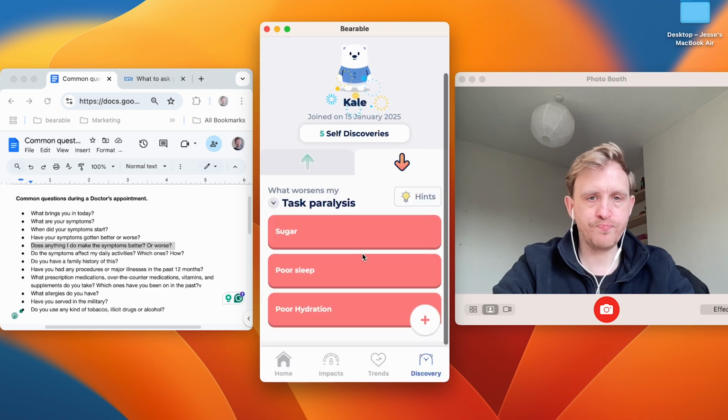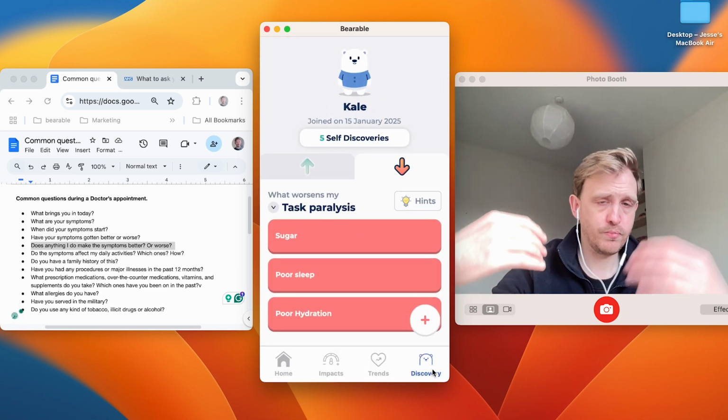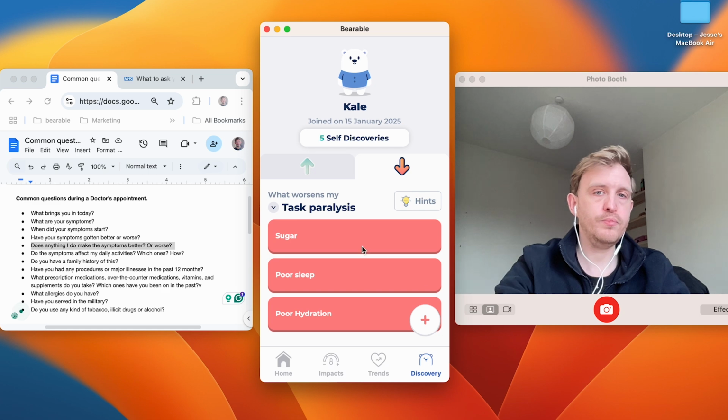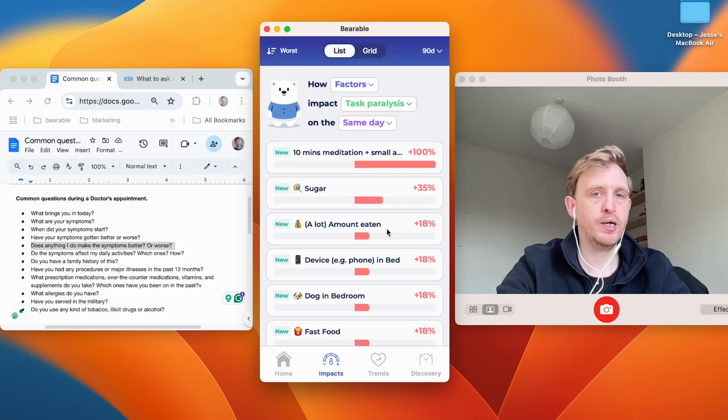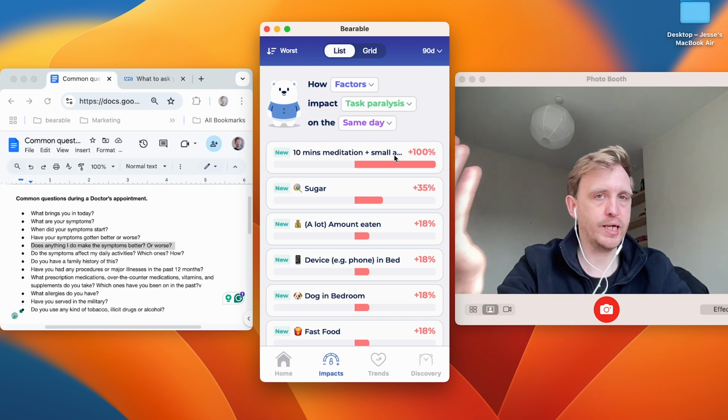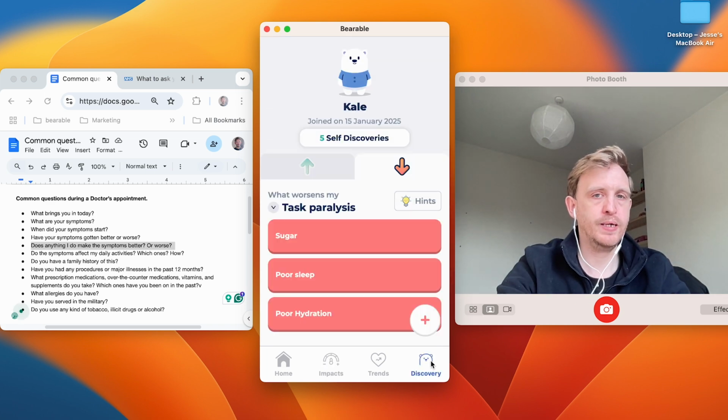And then essentially, in a doctor's appointment, you will have these saved. So you can just go to your discoveries tab and say, oh, I can see that there are these 3 things that are top of the list from my impacts tab that have the most likely negative impact on task paralysis. So you can do that here.